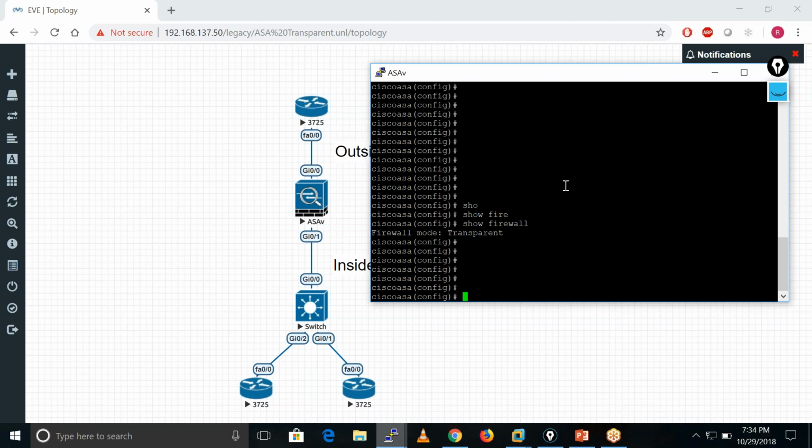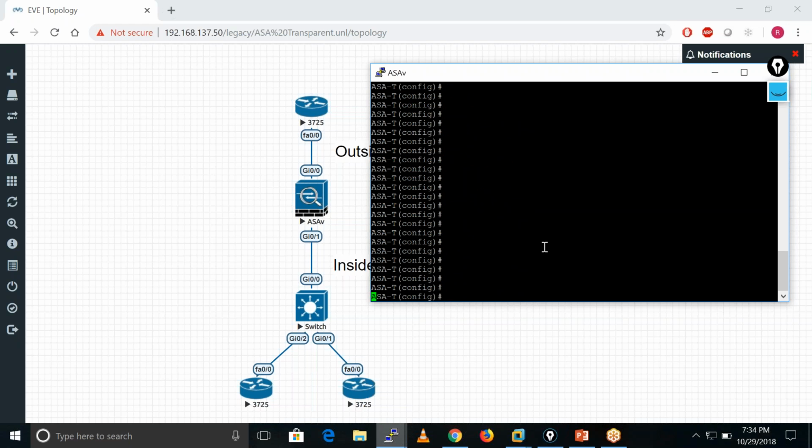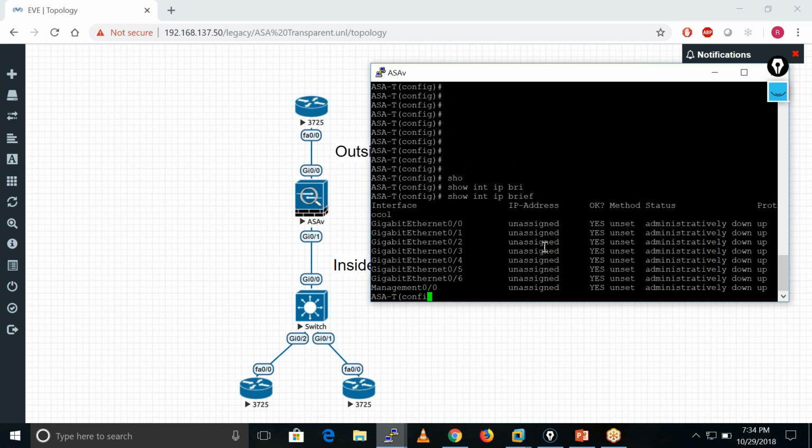Now my firewall is running in transparent mode. I'll set the name ASA in transparent mode, ASAT. Now we need to configure only one IP address. Remember this thing.